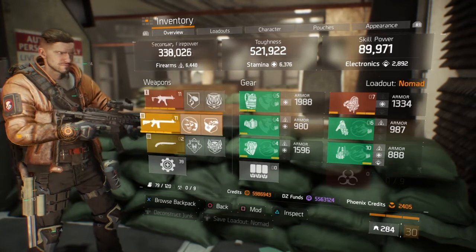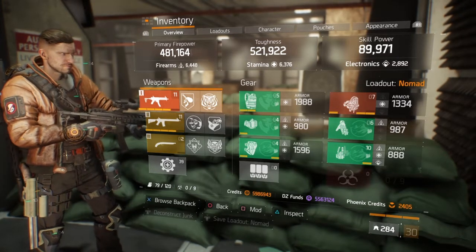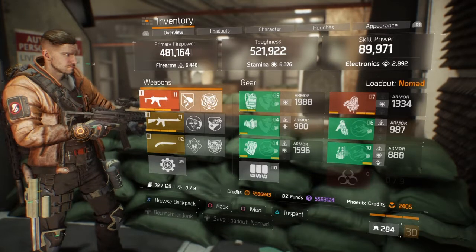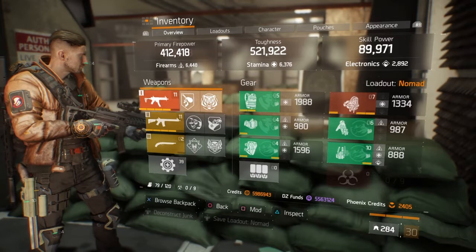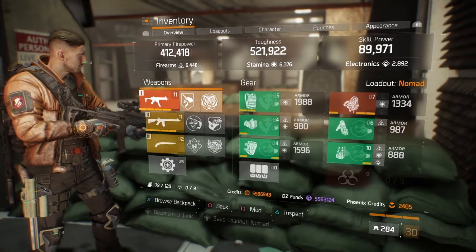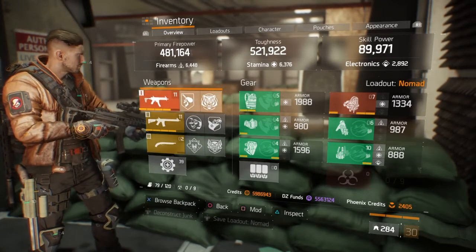So we're using the house and the lightweight M4. Let's go through the guns first. So as you can see, I'll tell you the stats first, then the guns, then the armor. We are running 480k primary firepower, 520k toughness, and 90k skill power, 6,500 firearms, 6,400 stamina, 3,000 electronics. I'm just rounding those. And we're using the house and a lightweight M4, and the damage on these things is